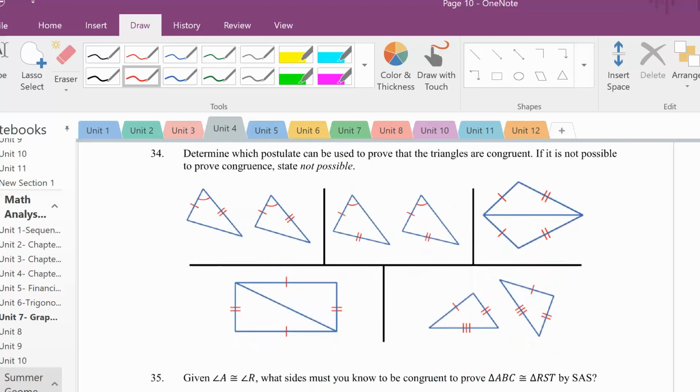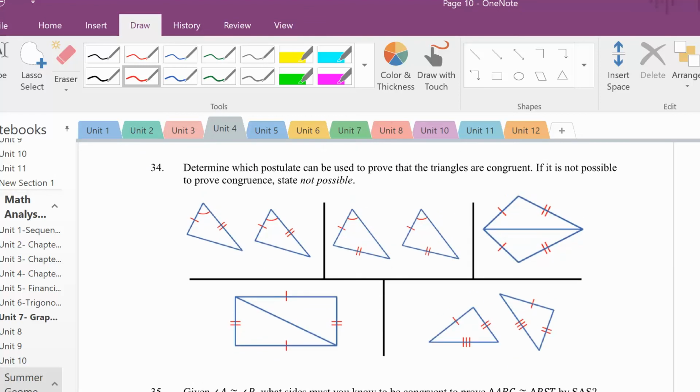All right, so let's look at some more examples here. It says, determine which postulate can be used to prove that the triangles are congruent. If it's not possible, then state that. Well, here notice you have side, angle, side, side, angle, side. So this would be the side, angle, side congruence. But notice here you have side, side, angle. That's different. So therefore, it is not possible because the ones we only know right now are side, side, side,